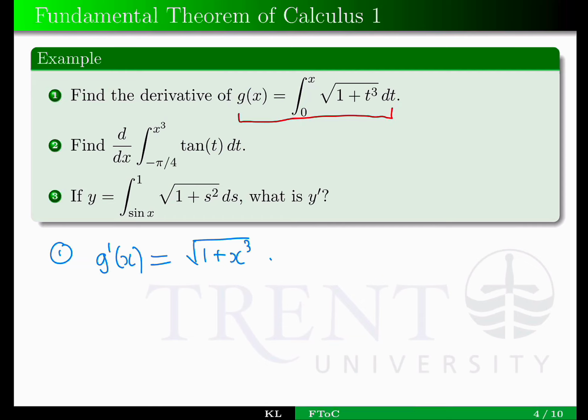For number 2, we want to find the derivative with respect to x of the integral from negative pi over 4 to x cubed of tangent t dt. So notice in here, the upper limit of integration is x cubed. The lower limit of integration is constant. So we don't have a problem with the lower limit of integration. But we need to make sure that the integrand